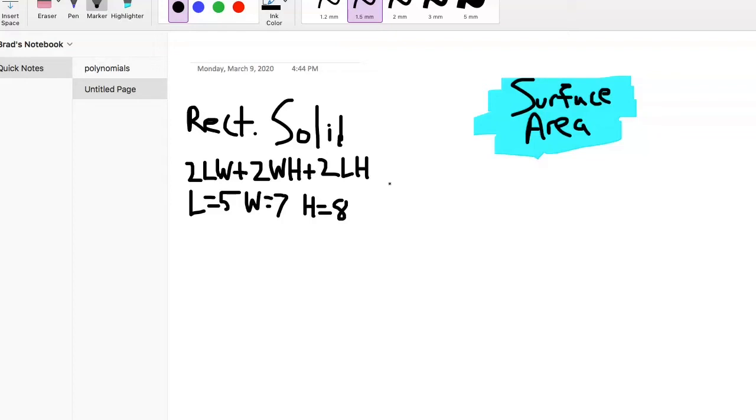Okay, so you do have formulas that you need to memorize here, right? For rectangular solid, we have 2 times length times width plus 2 times width times height plus 2 times length times height. Okay, so you have 2 of everything, right? 2 lengths, 2 widths, 2 heights. That might be an easier way to remember it. Okay, so once we have our formula,